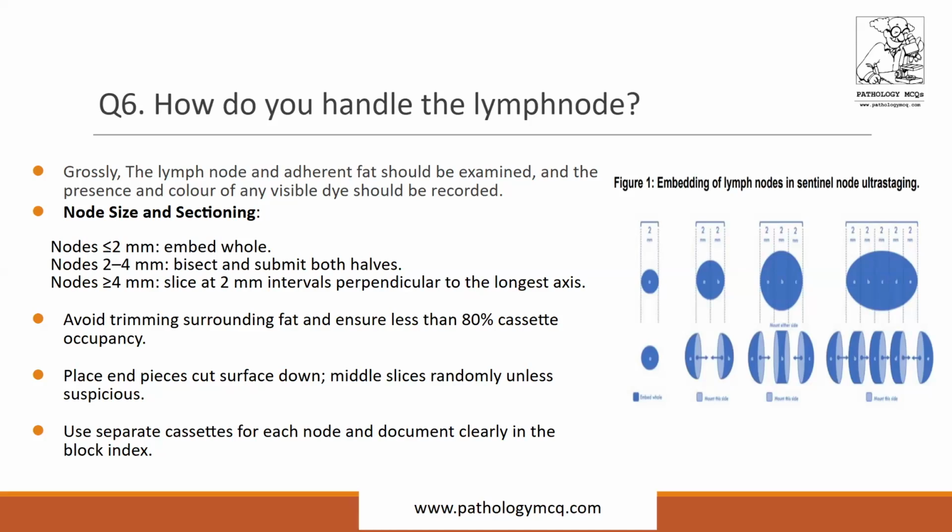Once you have grossly examined, you are going to slice this. As I said, if you are getting one lymph node which is less than 2 mm in size, then you are going to embed this completely. You are not going to bisect, you are not going to do anything. In case you have a lymph node which is 2 to 4 mm in size, then